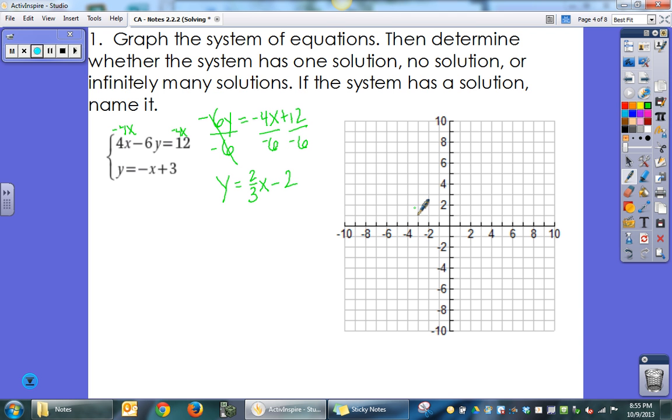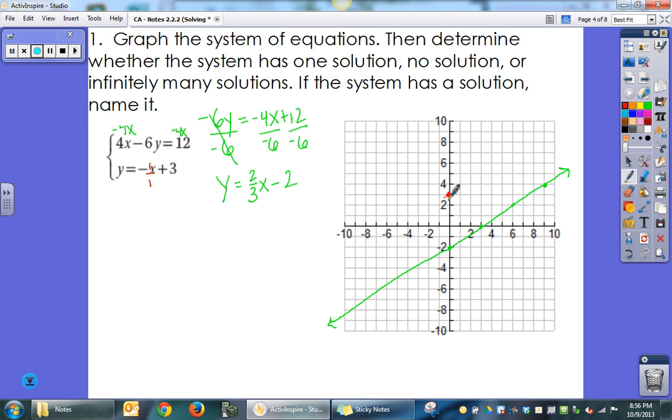Alright, so I'm going to go ahead and graph this one in green. My y-intercept is negative 2, and my slope is up 2 over 3. Up 2 over 3. Up 2 over 3. And then you can connect those. With systems of equations especially, you're going to want to extend your lines because they may not cross until way over here or way up here, so you want to extend your lines so that you can see where they intersect. My second equation has a y-intercept of positive 3 and a slope of negative 1, so I'm going